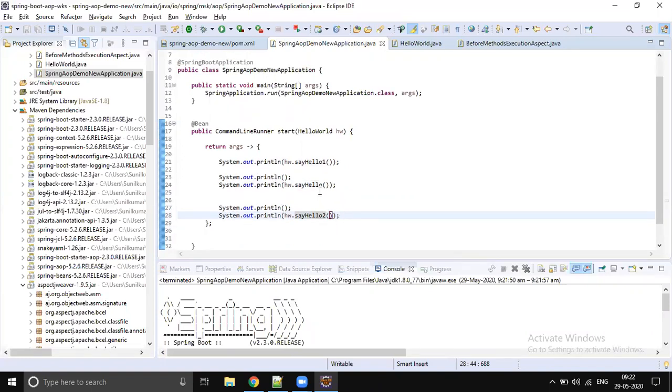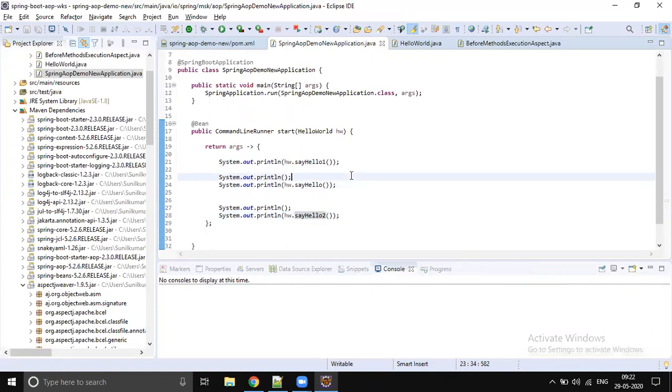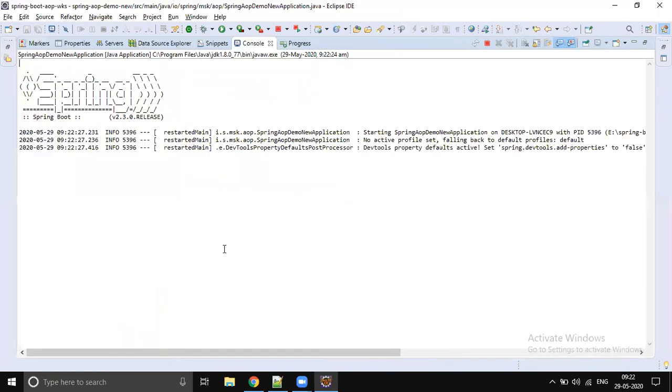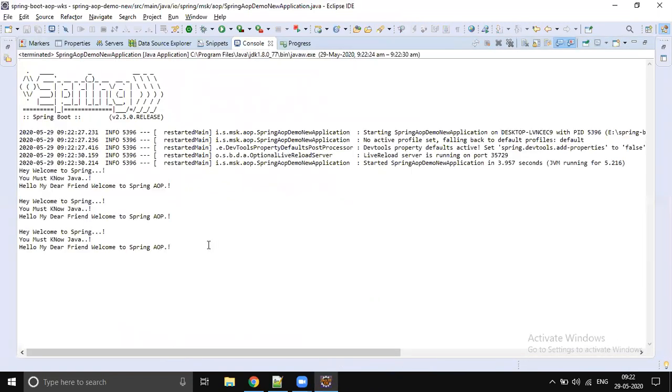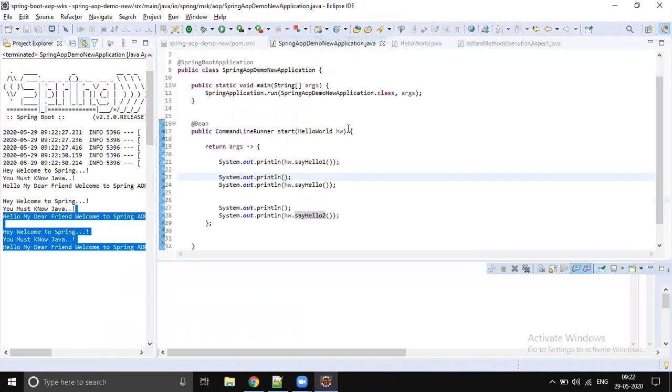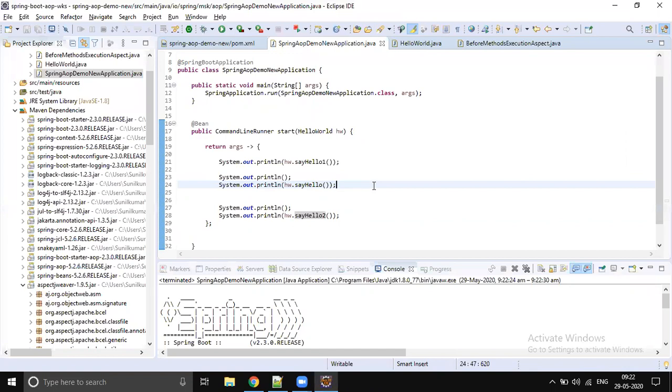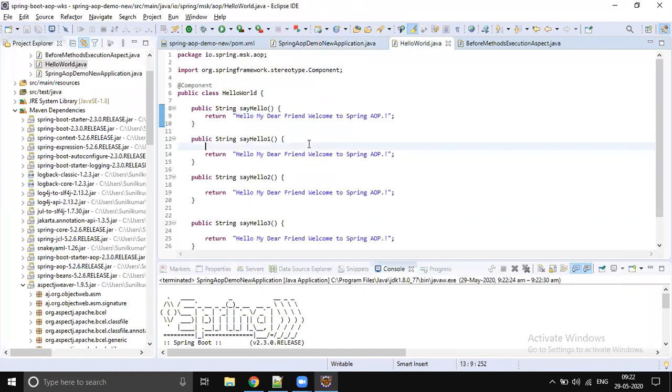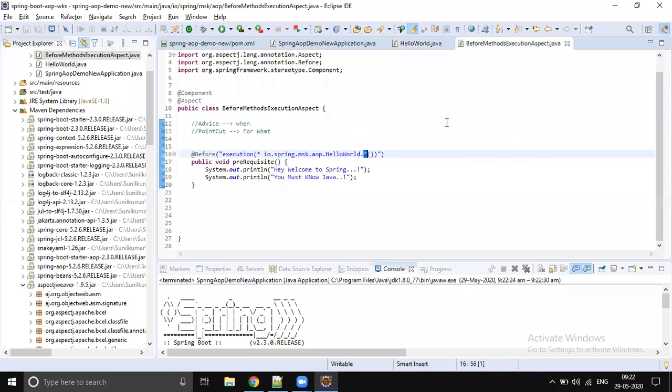You might be saying that whenever I run the program, I'm calling the same method. Let's try with a different method and see whether it's supported or not. You see, we are calling say hello one, say hello two, whatever it is. The method name need not be say hello. It can be any method. So for every method present in the class, what is the star meant to be?